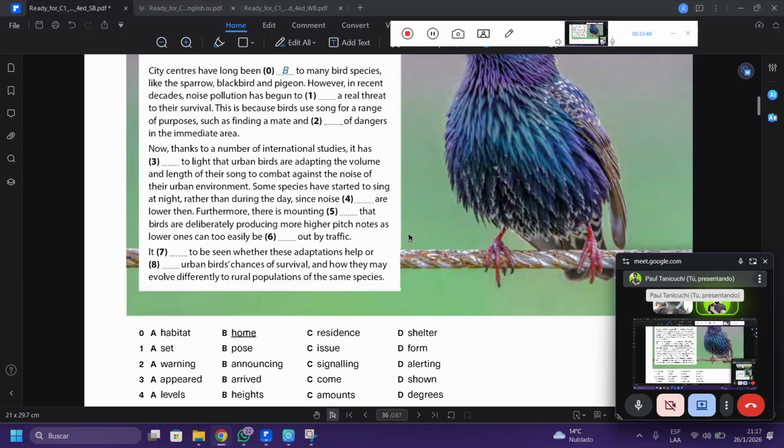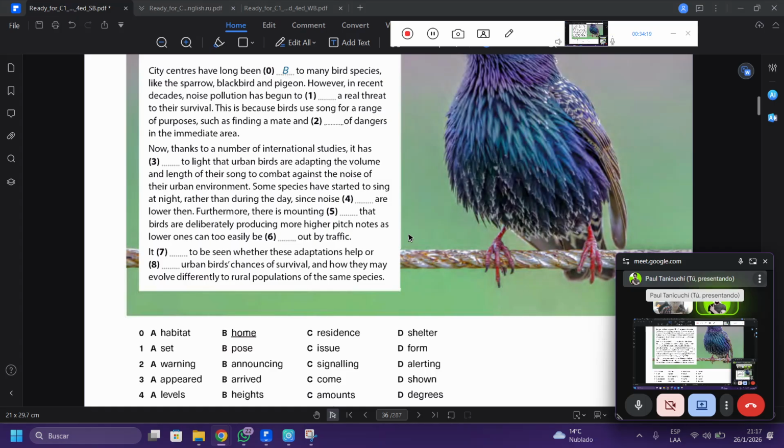Number two. This is because birds use song for a range of purposes, such as finding a mate and warning of dangers, announcing, signaling or alerting of dangers. It's a fixed expression.